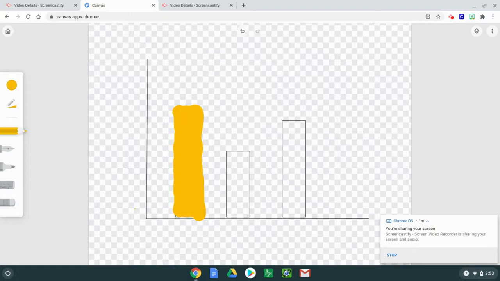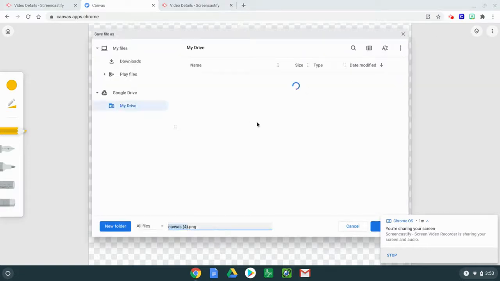So if this is our, say we are labeling favorite foods. This one could be pizza. So they could type in the word pizza, or draw in the word pizza. P-I-Z-Z. Okay, and so on for the rest of their bars on their graph. Then all that you would need to do is come up to the top, have them save it as an image, and